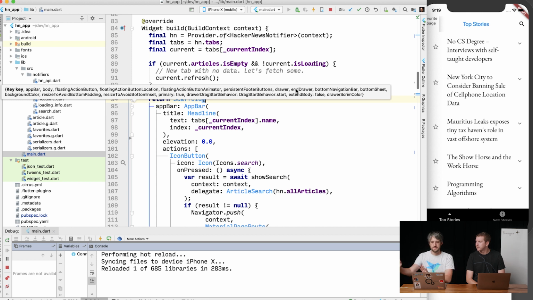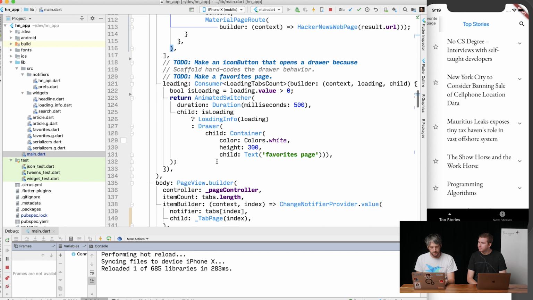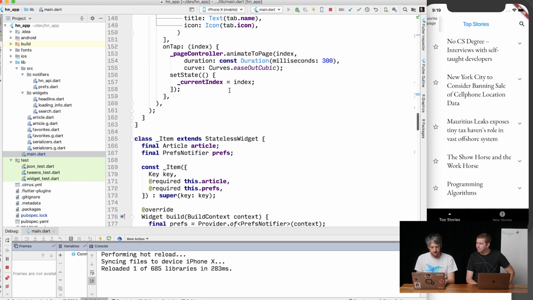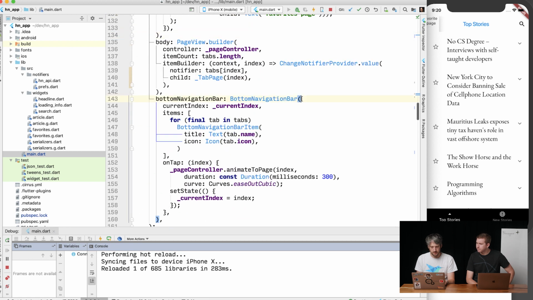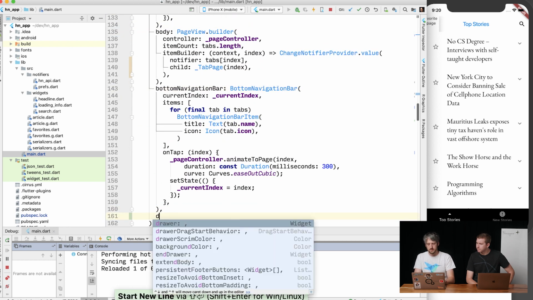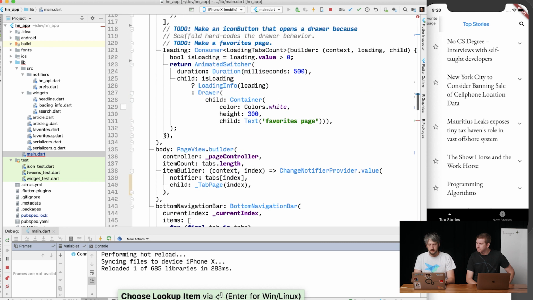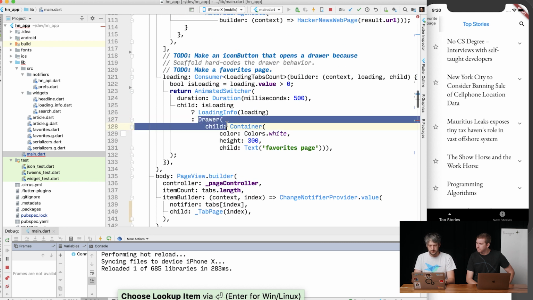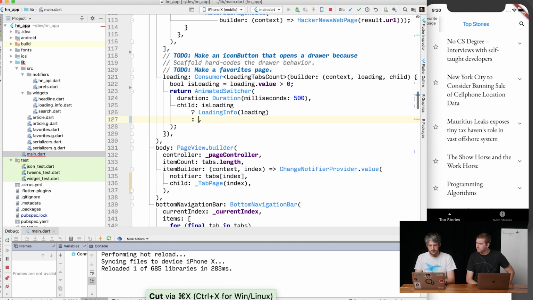Yeah. I think it's on the other side of the screen. It's end because you could have left to right, in which case it's on the right side anyway. Yeah, sure. So let's add the drawer there, maybe. Yeah, let's do it. I'm gonna put it at the bottom. So drawer and just this. And I think what